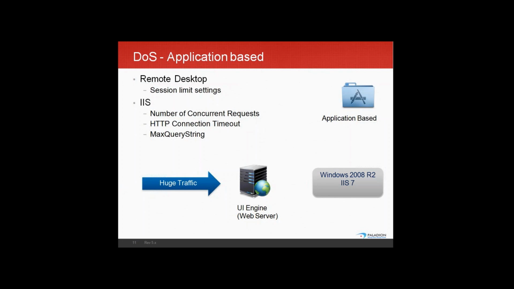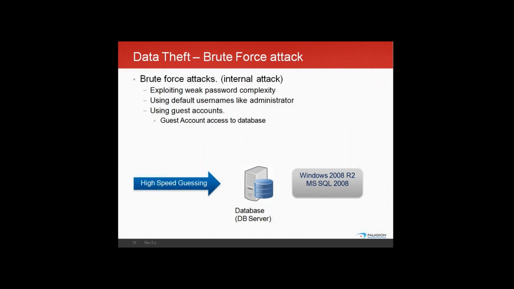Now, coming to the data theft attack, again, one has to think about where the data theft can happen. Most likely, a data theft attack will be attempted on your database server. It may occur on your web server, but the likelihood is very low because the critical data or critical information is actually stored in your backend. It's not stored in your front end. So if somebody wants to steal important information like credit card or identity information, they will try to do it on your backend.